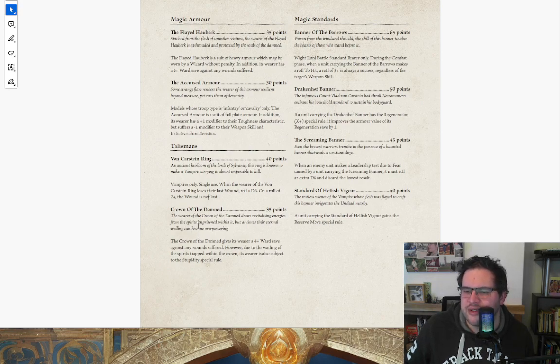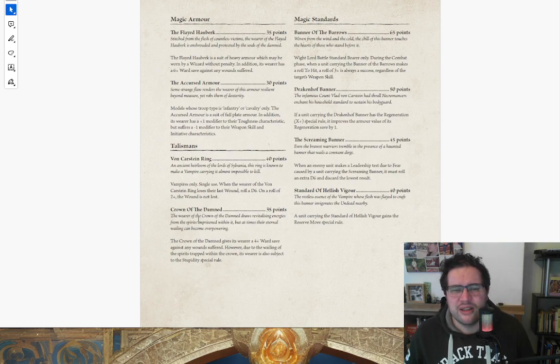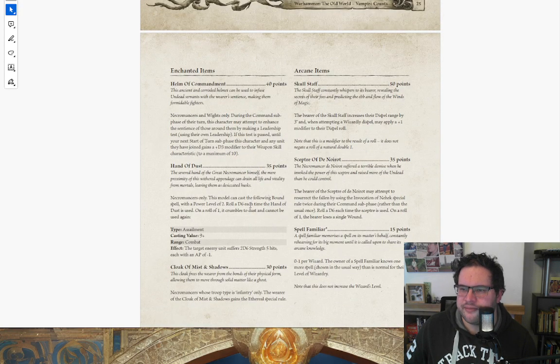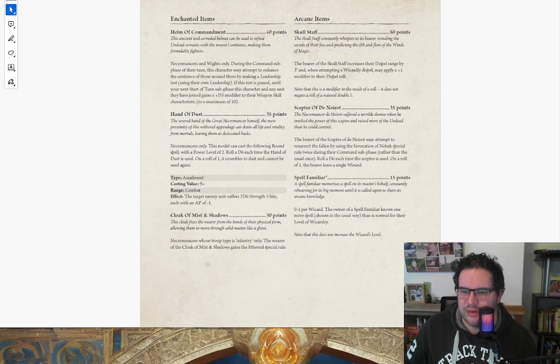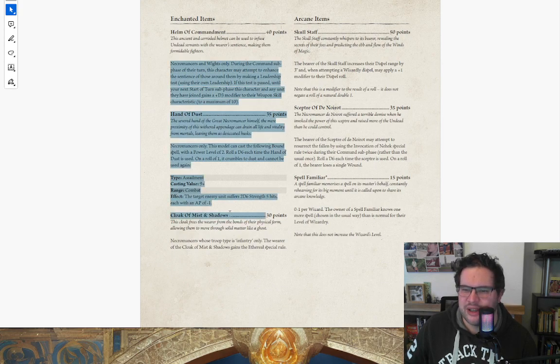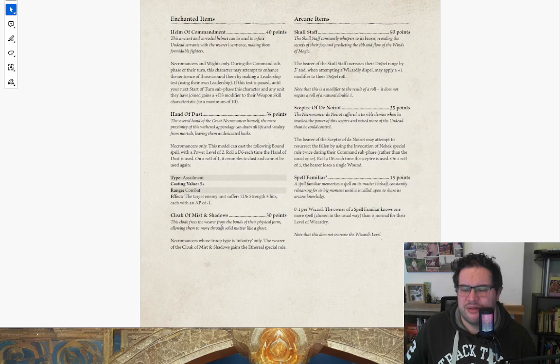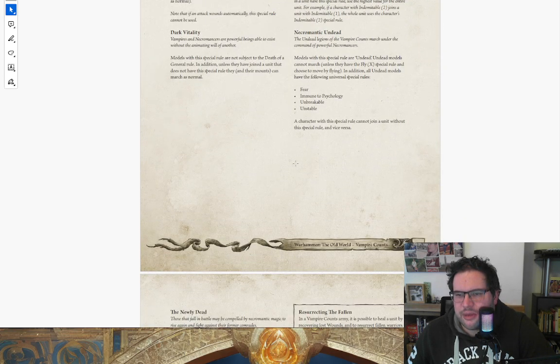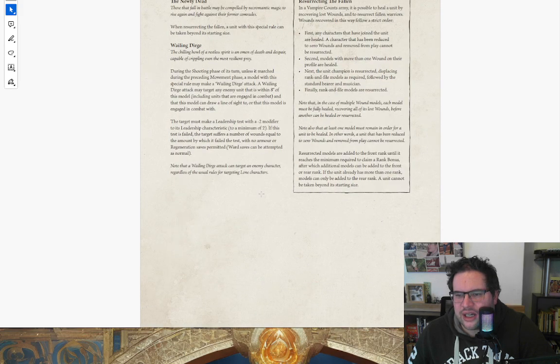Crown of the Damned again. Well, maybe Wazoran was a bit mad, so maybe that. That's Necromancers. They have enchanted items, right? And they're all bloody Necromancer only. So none of the vampires can have any of these enchanted items. The other thing to bear in mind, actually, is that